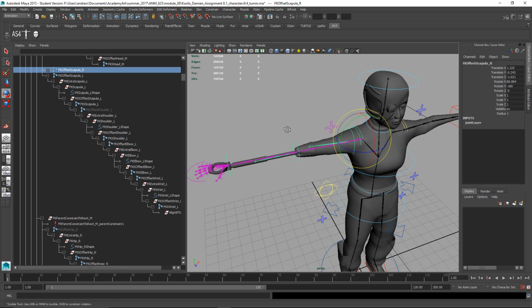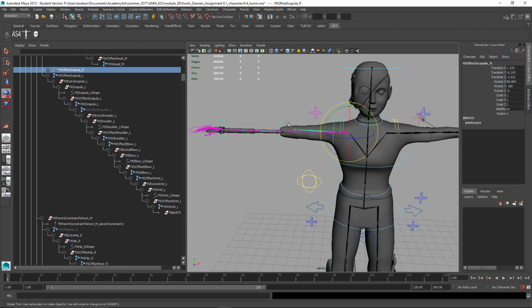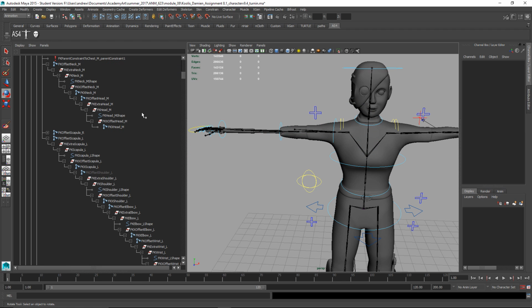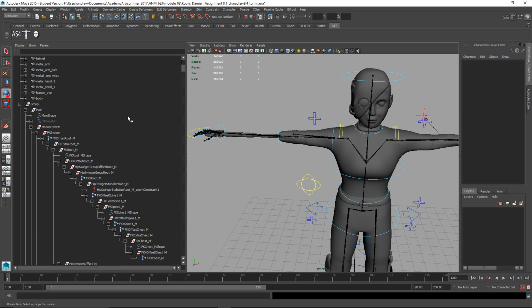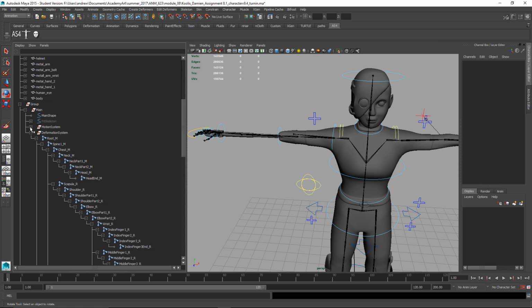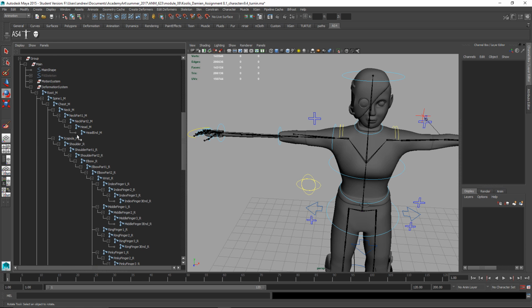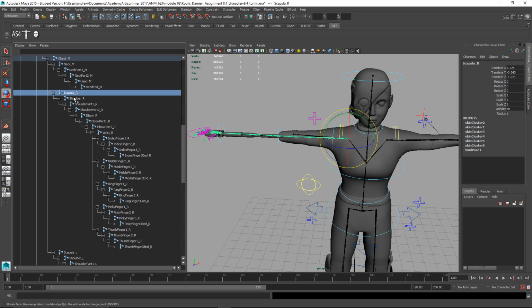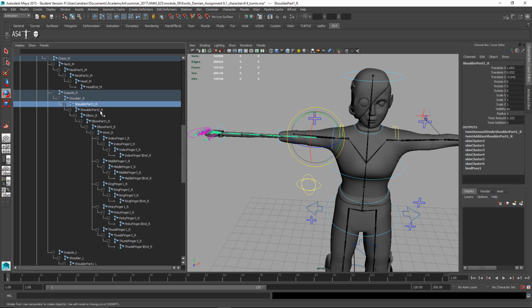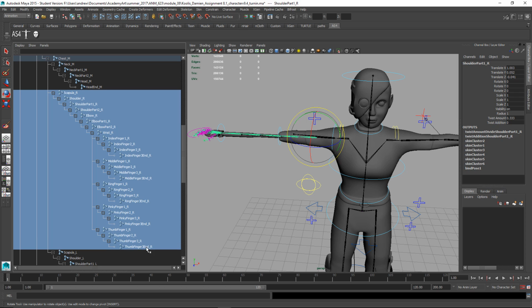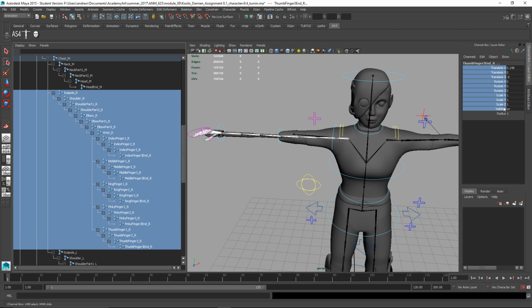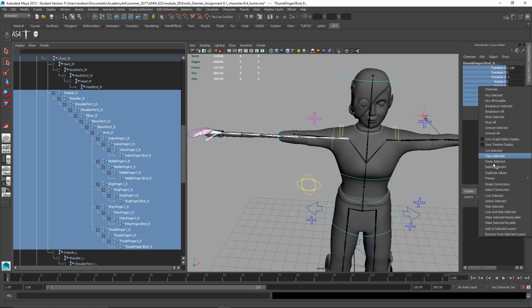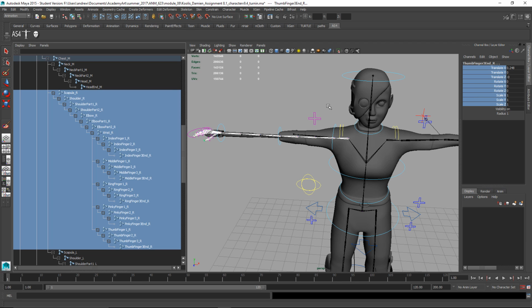Ugh, it's not working. Okay, but actually what I'll have to do first is break all the connections from the motion system to the deformation system on that arm. So I'm going to minimize that. Look under deformation system. This is all the stuff on the right arm going down here. And you can see that I want to break any connections there. So I'm going to select all of this and just highlight all of these and do break connection so that